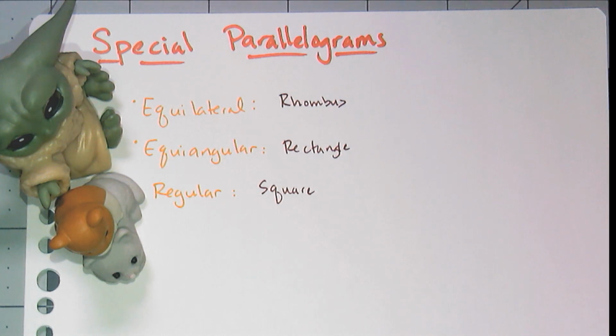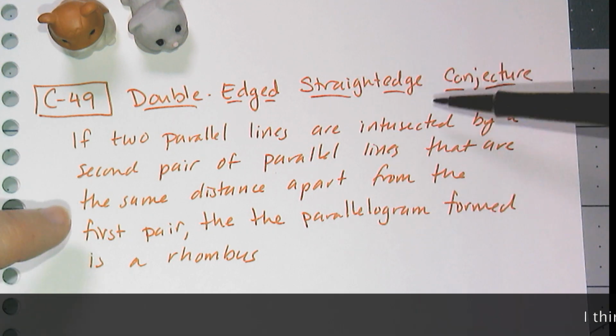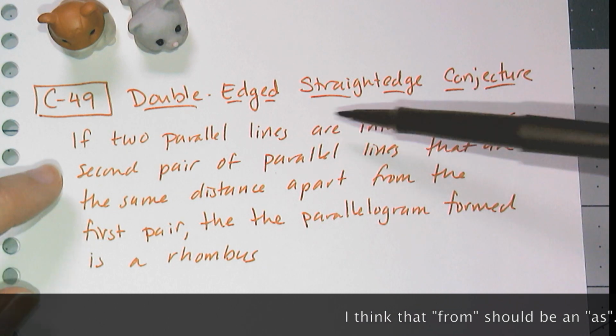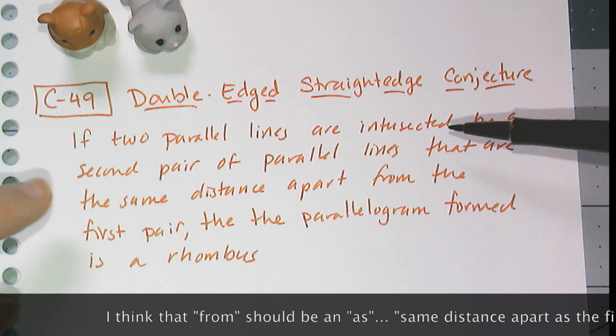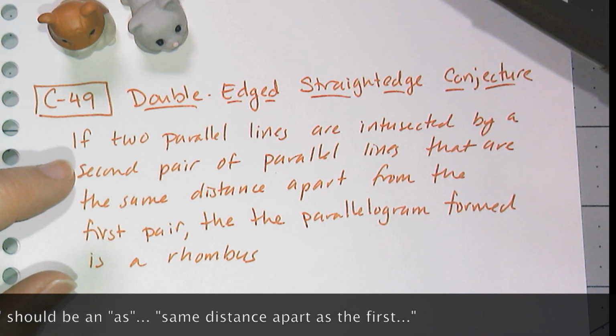Now, I am not the best constructor of parallel lines, so luckily for me, there's a conjecture that makes drawing parallelograms and rhombuses much easier. And so we have conjecture C49, the double-edged straight edge conjecture, which says that if I have two parallel lines that are intersected by a second pair of parallel lines that are the same distance apart from the first pair,